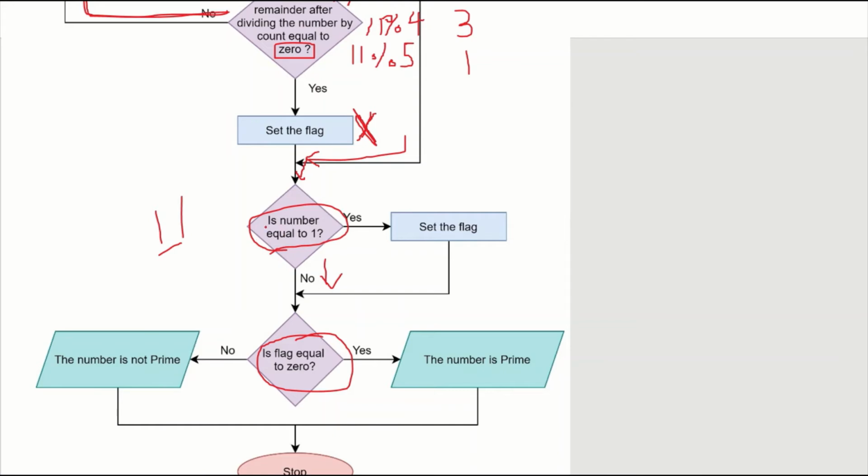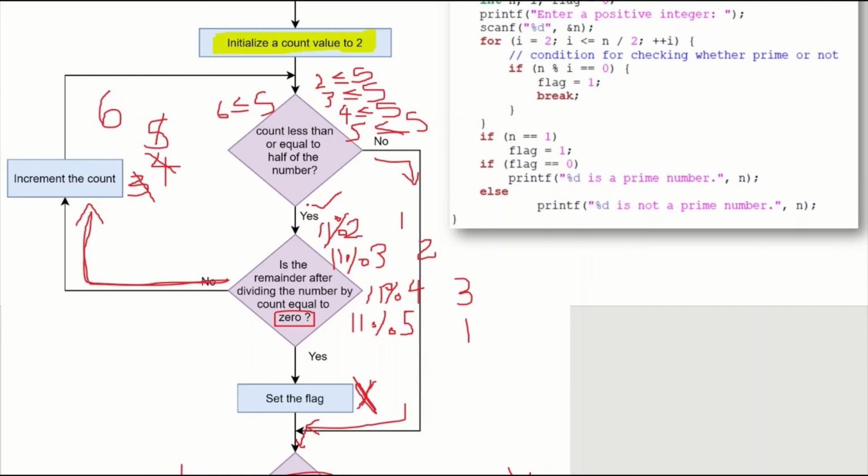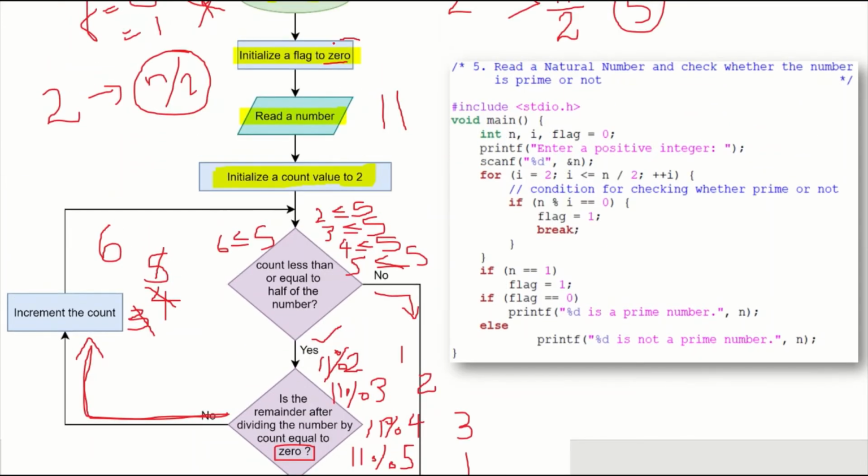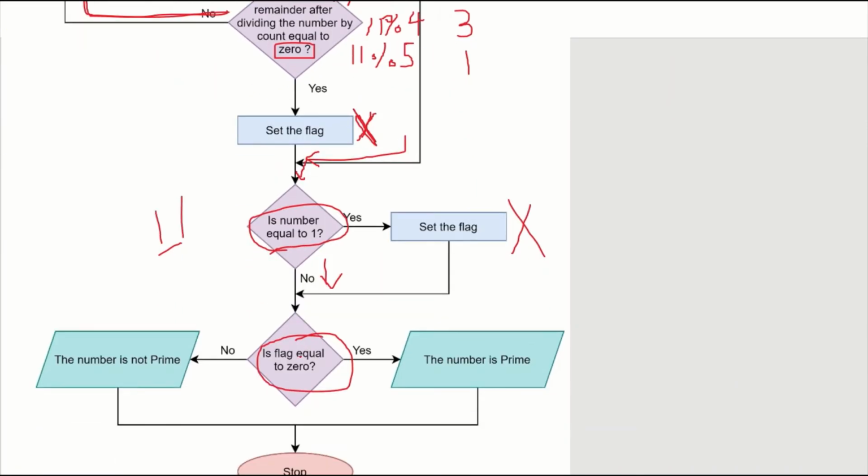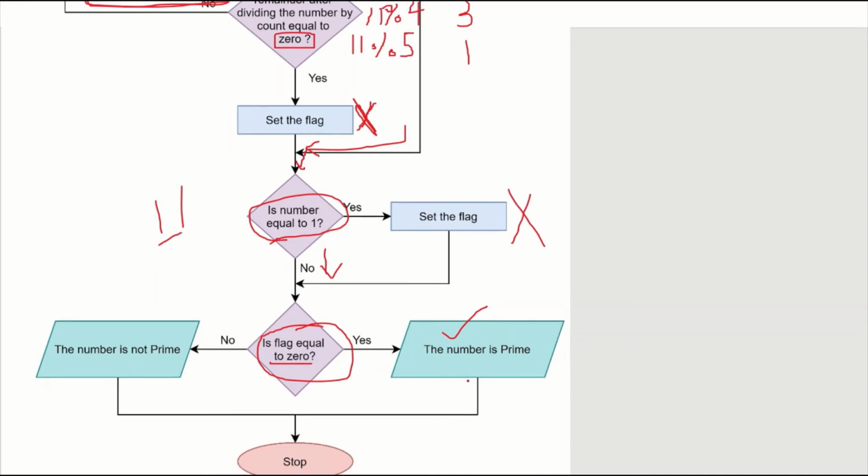So here also the flag is not set. The flag is equal to the initial value itself, 0. As the value of flag is equal to 0, it is printing the number is prime. Okay, and we are going to the end of the program with a stop.